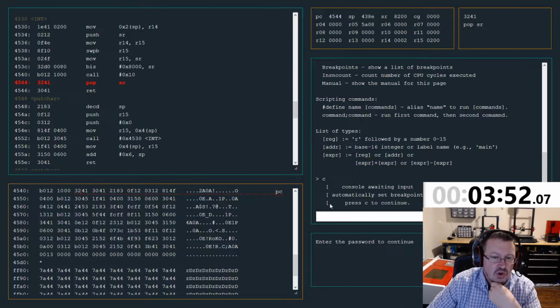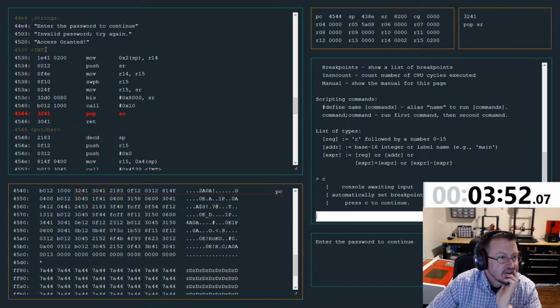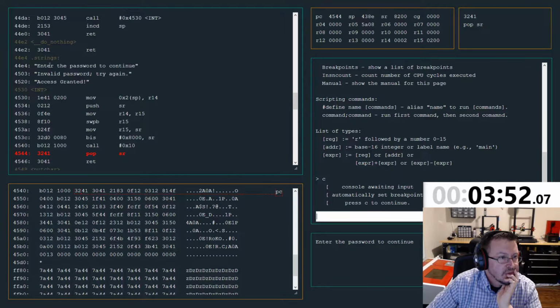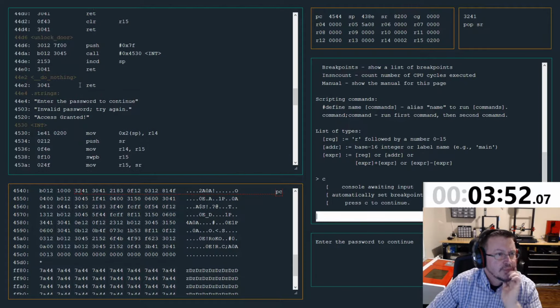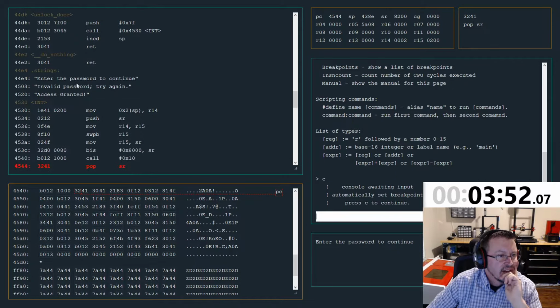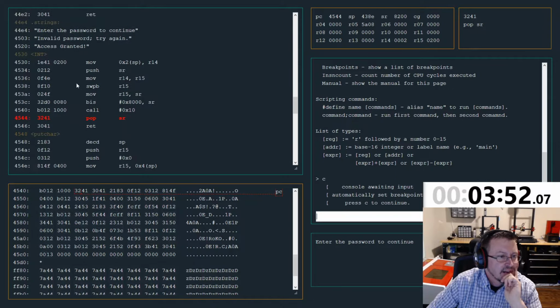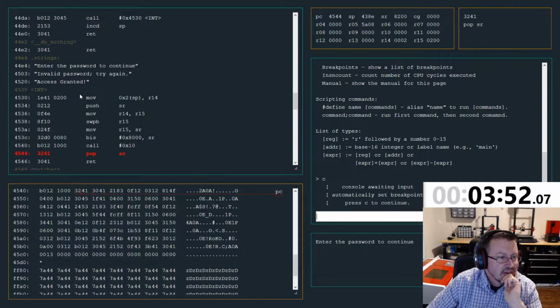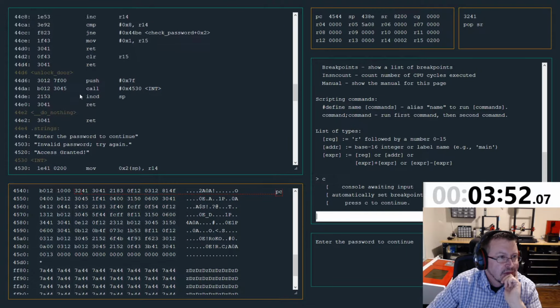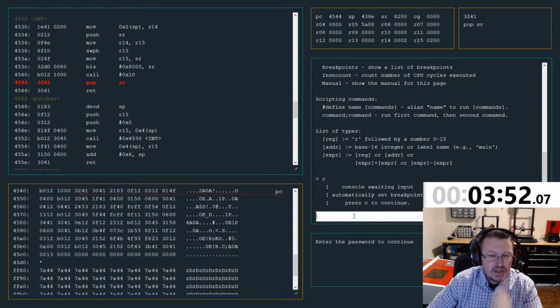The system will always automatically break after it asks for user input. It gives us a free break right there. So it stopped right here. It's popping something off of the status register, and then it's going to return. There was an unlock door function right above us that we didn't come into. So if we continue again from here,